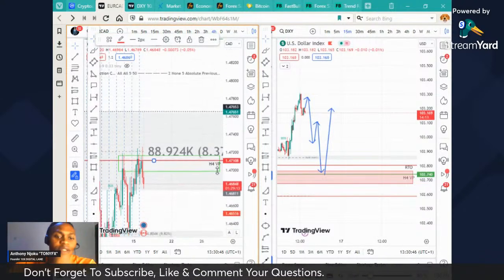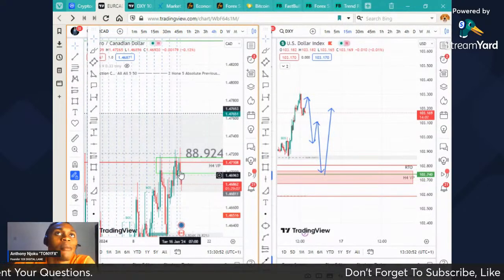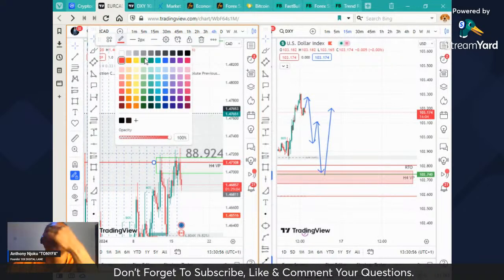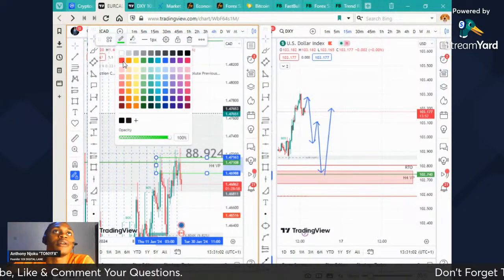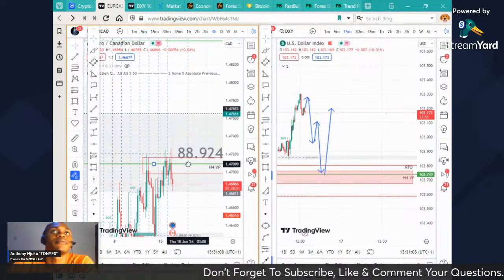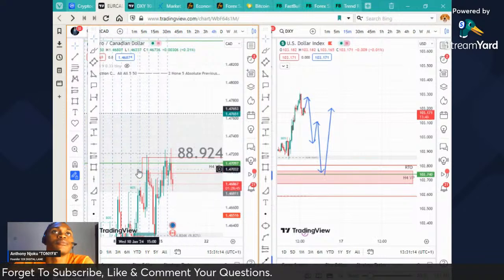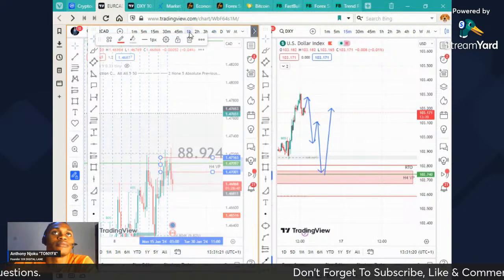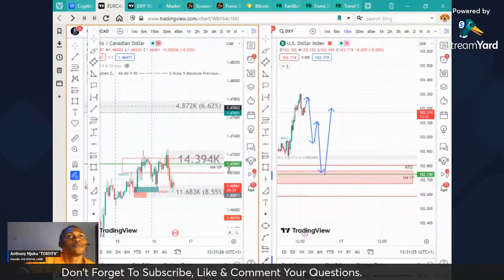It's loading. No, I changed the wrong thing. It's meant to be this red. Okay, fantastic. So let's go to the smaller time frame to see if we can get an entry. Okay, I see an entry on the 1 hour,